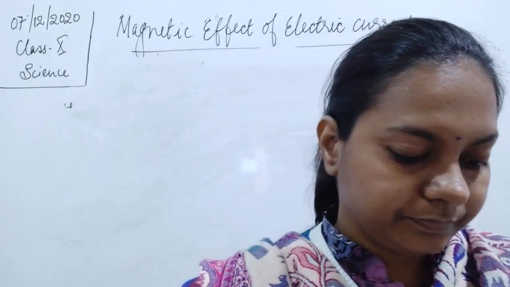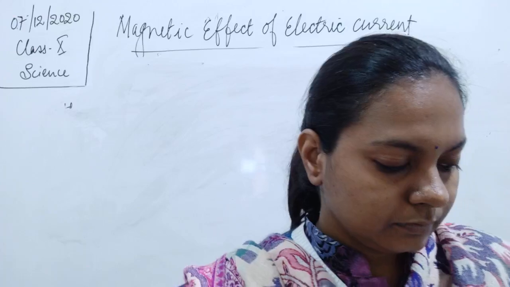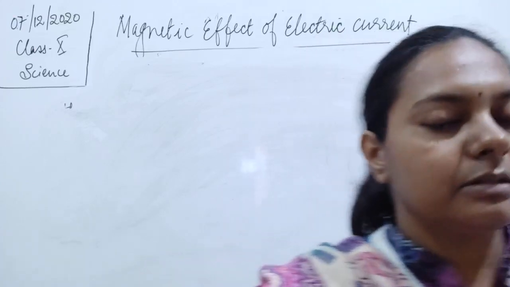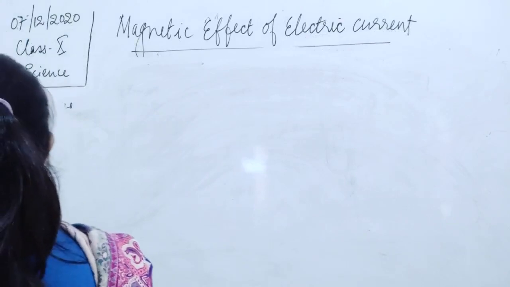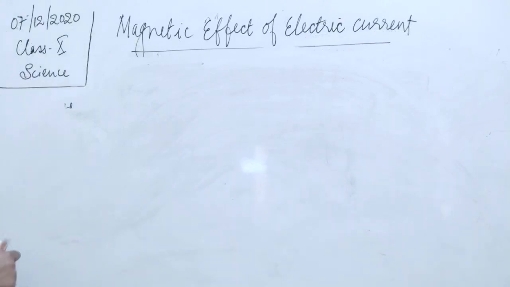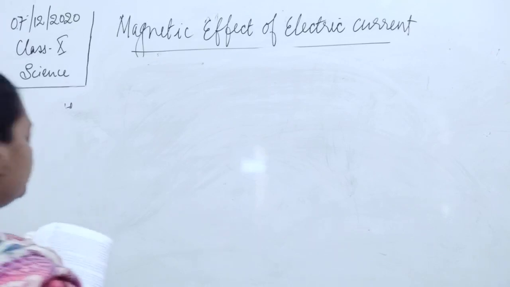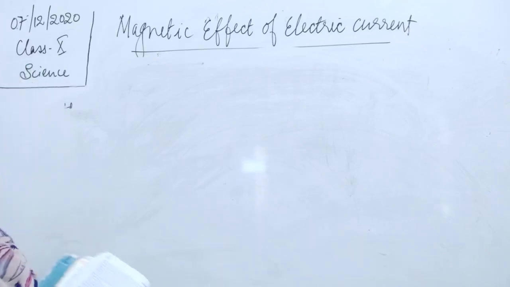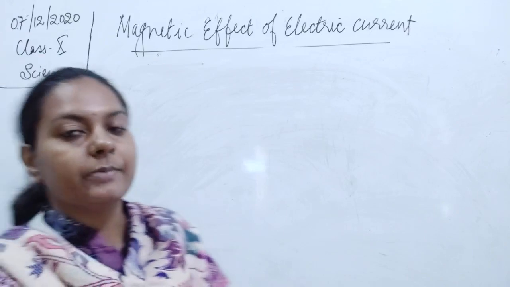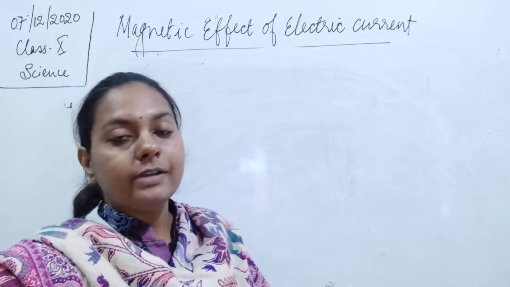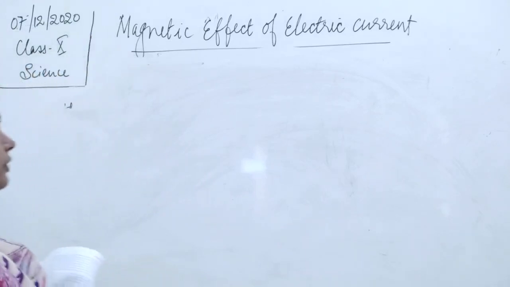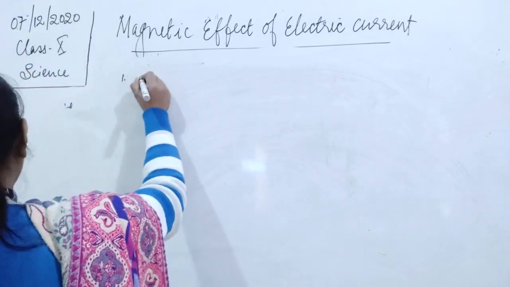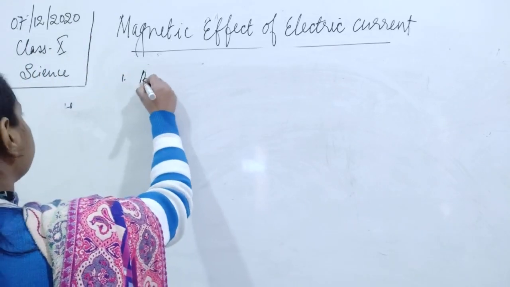Now, second point is it. Okay, by convention it says that the movement of the electricity is always from positive to negative terminal. तो यहाँ पर आप कैसे डायरेक्शन को फाइंड आउट करना चाहते हो, तो उसके लिए उसके पहले आपको कन्वेंशंस के बारे में पता होना चाहिए, या फिर फ्लेमिंग्स लेफ्ट हैंड रूल को अप्लाई करने से पहले you all should understand 3-4 points. First point is that by convention